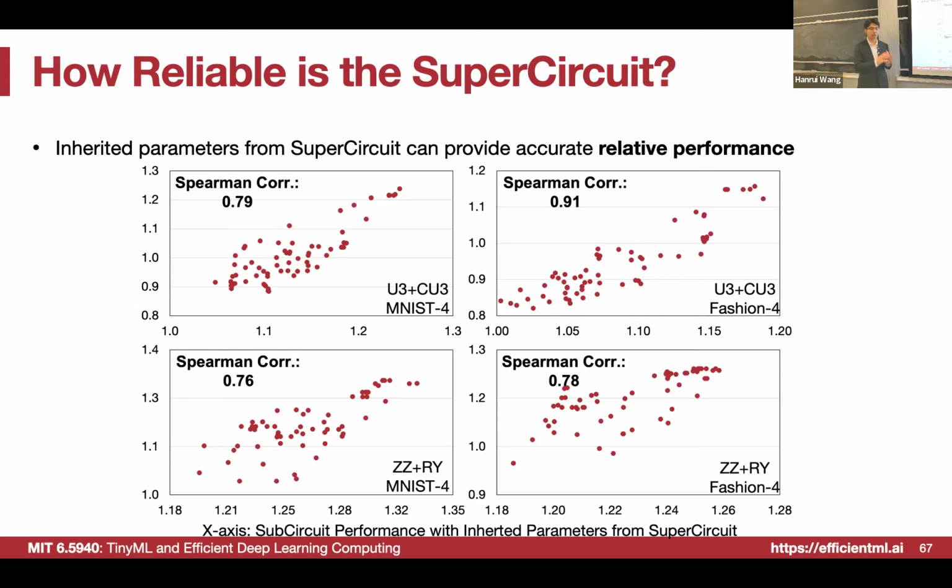So we want to make sure the order preserving property is good enough that the best one we find with this proxy is still the best one with the ground truth, right? Here we are showing some results with the performance. The x-axis is the sub-circuit performance with the inherited parameters from the supercircuit, and the y-axis is the performance with the train-from-scratch parameters. So the y-axis value will be the ground truth, and the x-axis value will be the